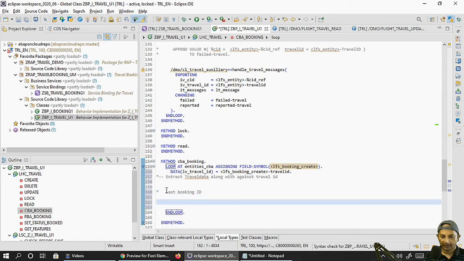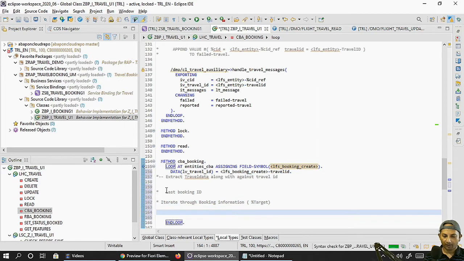Once I get that, I'll iterate through the booking information which is available through percent target, which we have seen already, correct. And then in each loop pass, we have to update the travel information back to the structure.